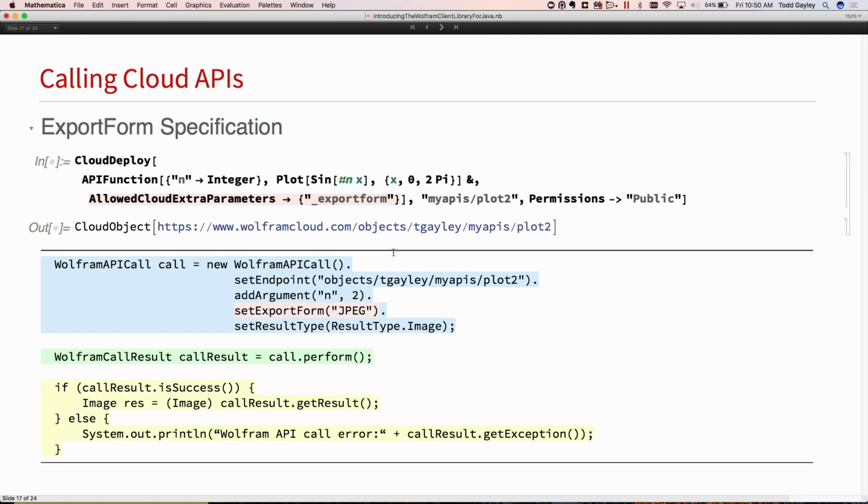It's kind of obscure. In fact, I'm writing the specific one, but it's really easier just to say allowed cloud extra parameters goes to all. I mean, it's not the default because it might be considered a security risk. Let other people call your APIs, which are running on your dime, and export it to something else. Maybe you don't want people using up cloud credits to convert something to some other format. But if you specify this when you deploy it, you're specifically allowing export form changes, then you put this in the thing. So anyway, here it's the same thing, but here I say set export form JPEG, and then in result type image, and I'm getting